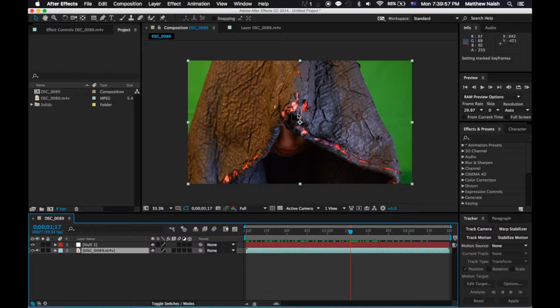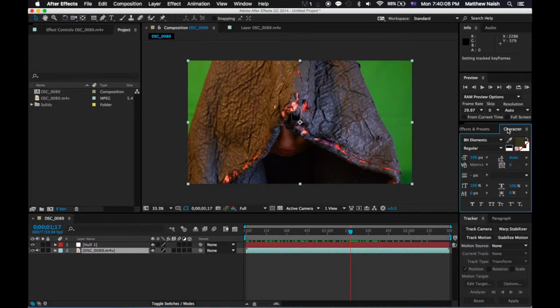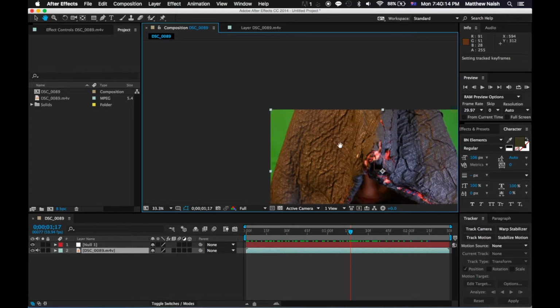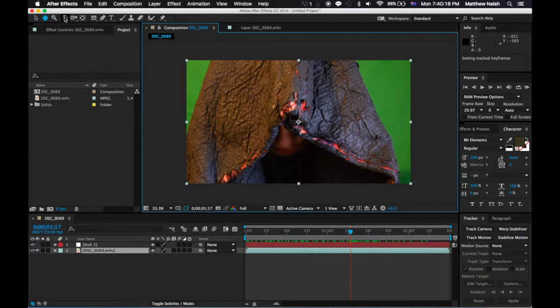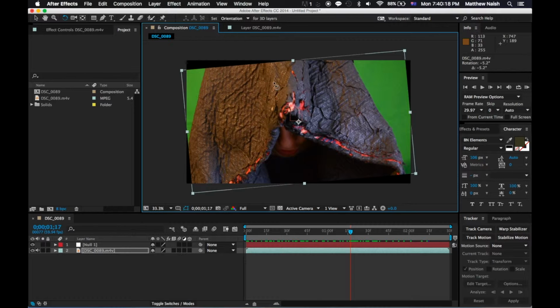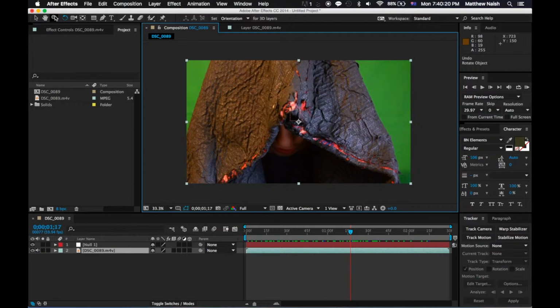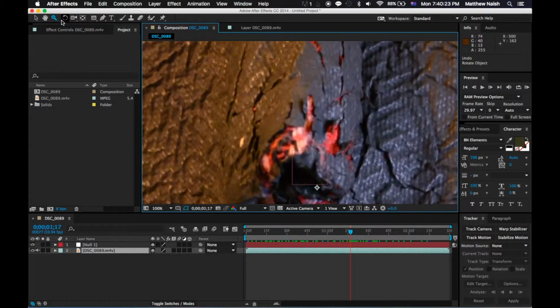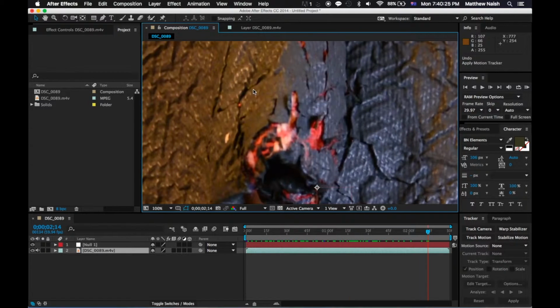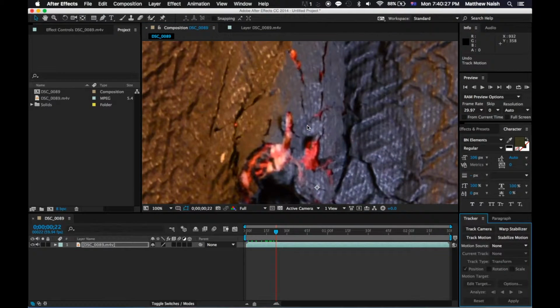So you can do anything with this, guys, or you can put text in it, which is where my next instruction leads to, which is character. So character, guys, is the text that you insert. So you go over to the panel up here, which has got all your stuff like hand tool, which moves the footage around, the rotation tool, you've got your zoom in tool, zoom out tool, and you've also got